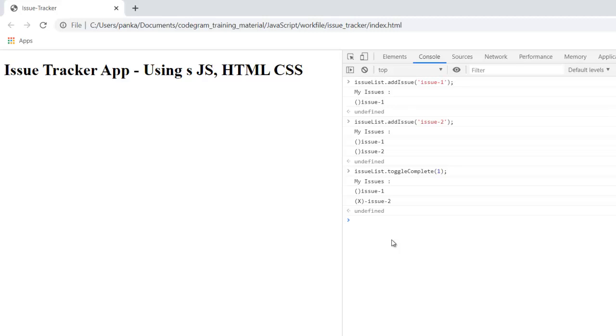Do the practice of this particular thing, and we'll meet in the next session, and we'll be talking about the next feature, which is going to be toggle all. We'll be creating one particular method there by which we will be toggling all these things. So either in one go itself, we can say that all these issues are completed, or all the issues are not completed. Okay, so this is what we are going to implement. So thank you very much, guys.